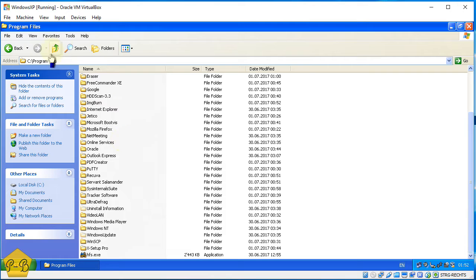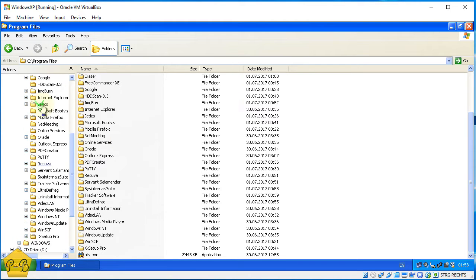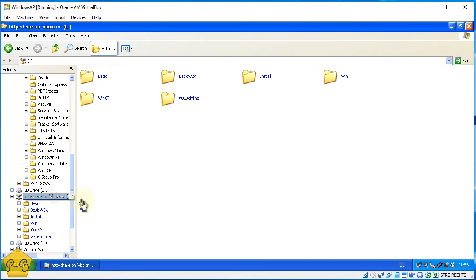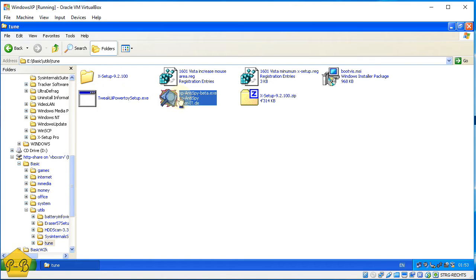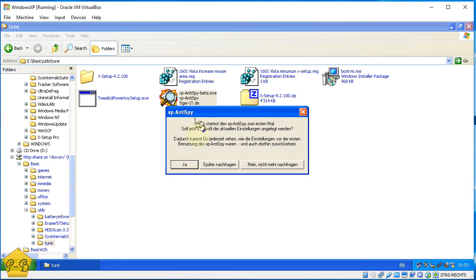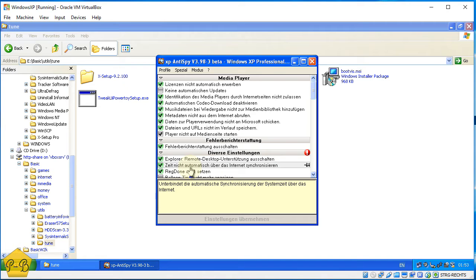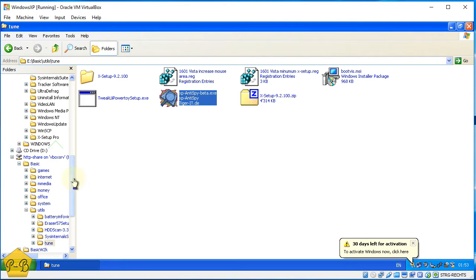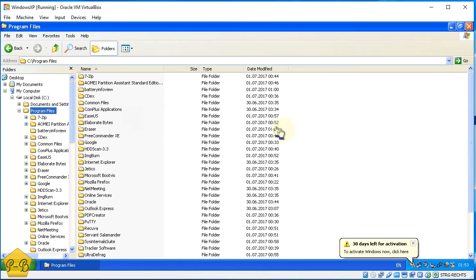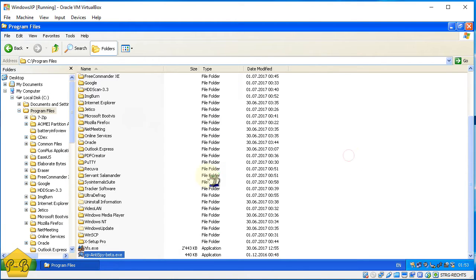Where's XP Anti-Spy? Okay. Go to E, basic, utils, tune, XP Anti-Spy beta. Yes. Okay, I understand. This program is not being installed. It just executed. So we go on program files, just did copy, now we do paste, and